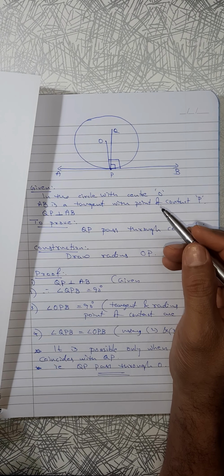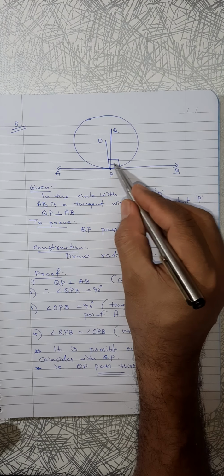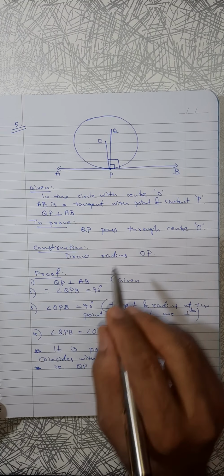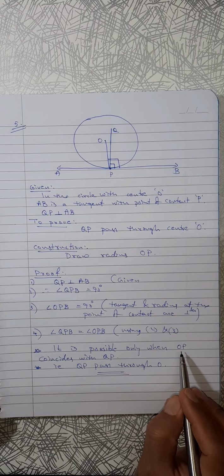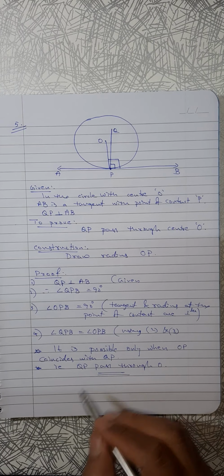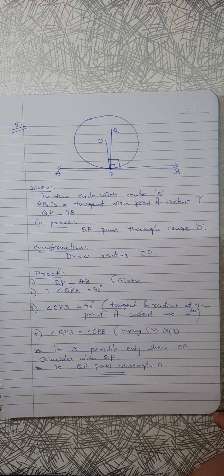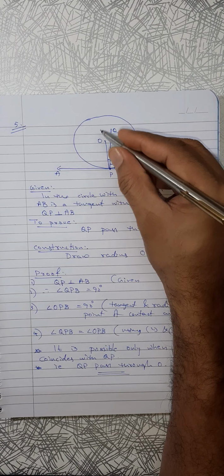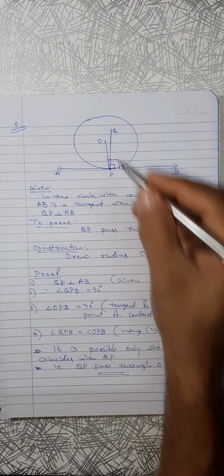Are you understanding? Hope the things are clear. So very simple. First we will say this is 90 degrees because given, another 90 because of the theorem: radius and tangent are perpendicular. Both are perpendicular means angles are equal. Angles are equal only when one line is coinciding with another. QP coincides with OP. So that means the perpendicular should pass through center O. The center is a permanent place. Q can be here also, it can be outside also. So that perpendicular line must pass through center O.